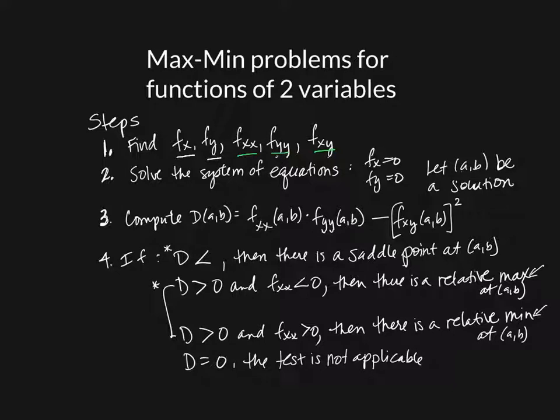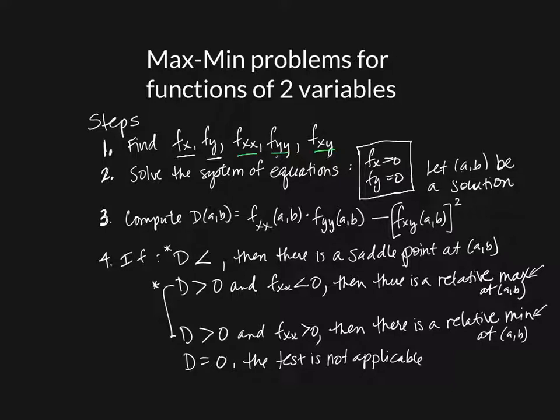And what we're going to do with these is a combination of a first derivative test and a second derivative test. The first part is very similar to what we did in performing the first derivative test and finding critical values. There we were just finding the critical values of the derivative, but here we have two first partials, right? So you have to treat this as a system of equations and find a solution. You might have to review a little bit of your algebra, finding the solution to a system of equations by either the elimination method or the substitution method.